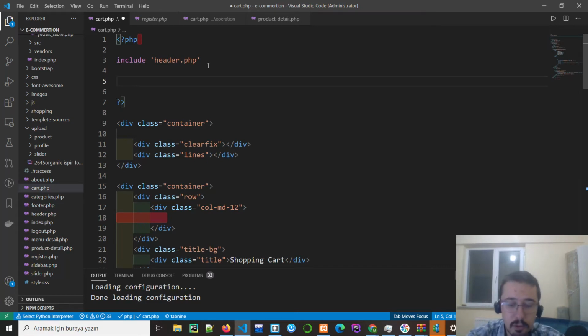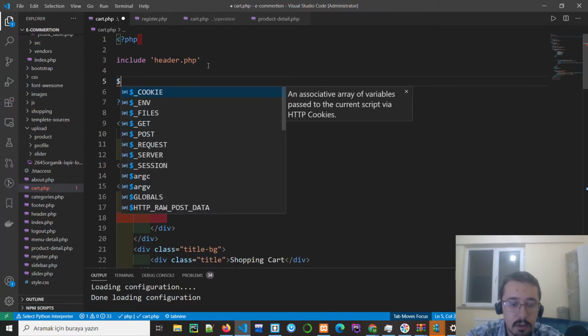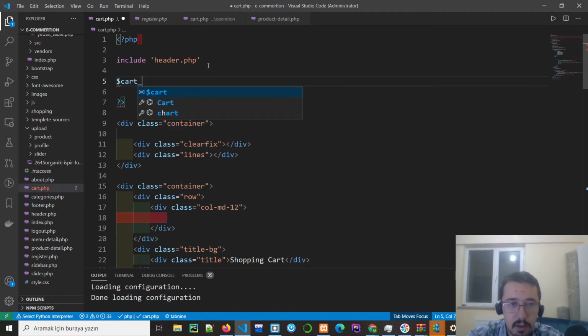We know the user ID, so let's create our query to fetch the chart which belongs to the user. So I will create a charts query variable and I will assign it